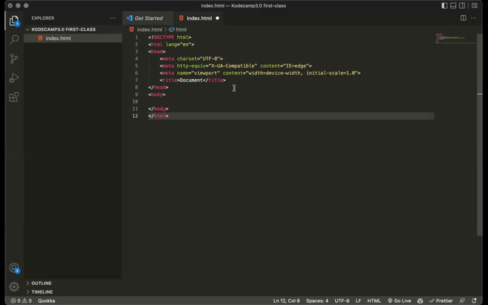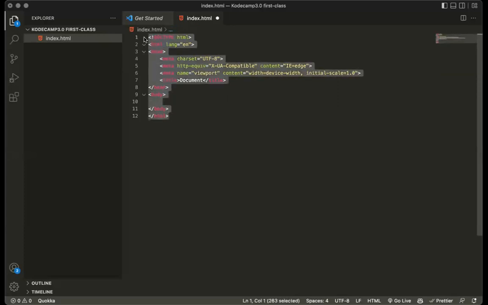Document name, if, for example, you're given a website to work on for a school, let's say Blessing High School, mostly the title of this document is going to be Blessing High School. So that is what is going to be shown to people on the browser when they open the website. And you can achieve this easily by using shift and